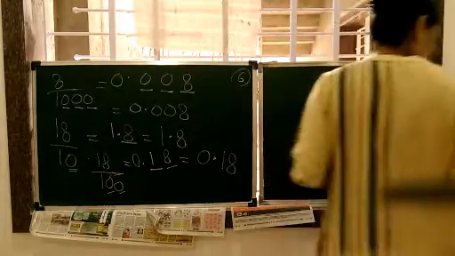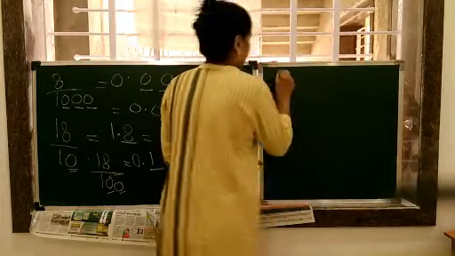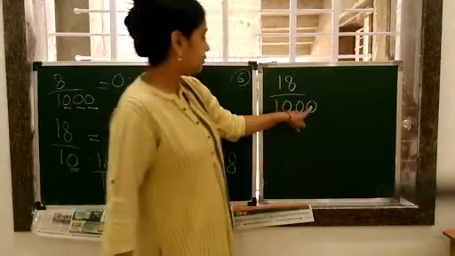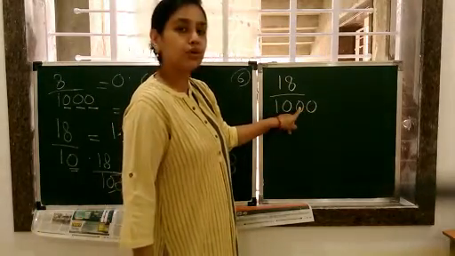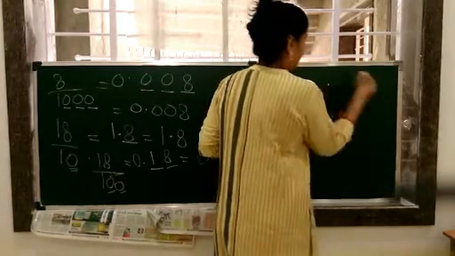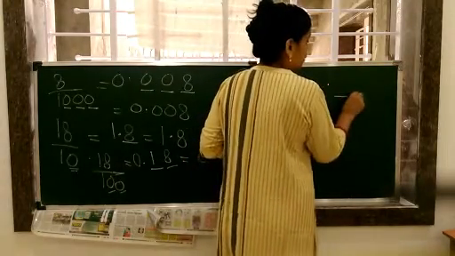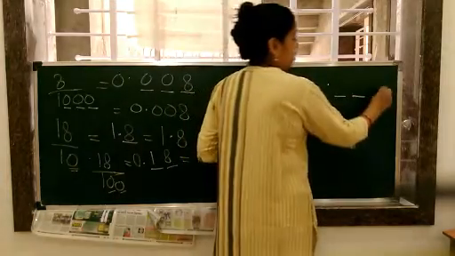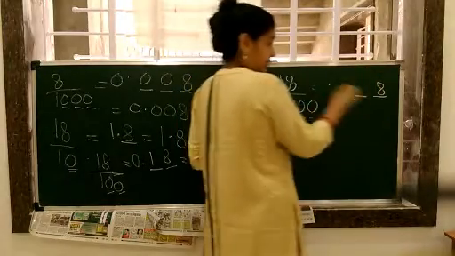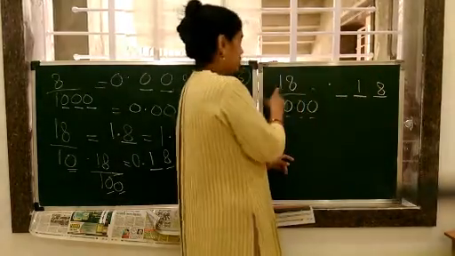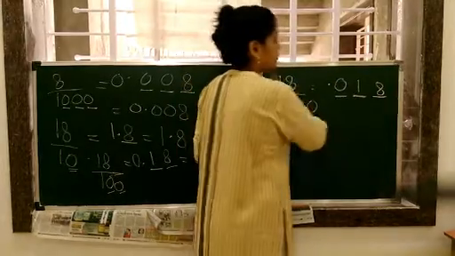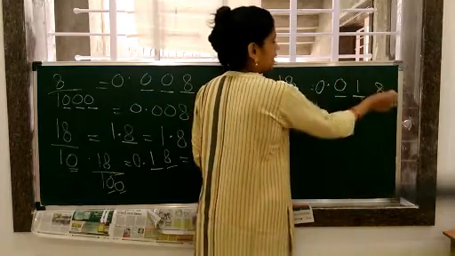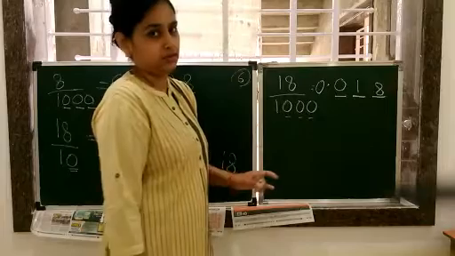Let's take one more example, children. This last example, after this I will not bother you at all. 18 by 1000. Okay. Now, how many decimal places? 1, 2, 3. So we put the decimal and we put 1, 2, 3. Now, what number is here on the right side? 8. So what should come here? 8. After 8, is there any number? Yes, there is one more number. Let's write that number also. Now, any other number here? No. So what will come here? 0. So 0.018 is your answer. Clear, children?